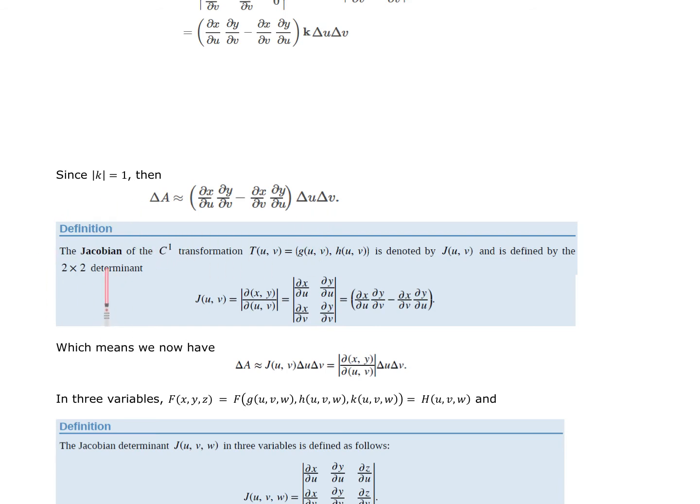And so we get our Jacobian of the transformation, denoted as J(u,v), and it is defined by this 2 by 2 determinant. My Jacobian is the partial derivative of x with respect to u, y with respect to u on one row. Notice the top row is with respect to u, the bottom row is with respect to v, and I do the determinant, so I multiply these two, subtracting the multiplication of these two,